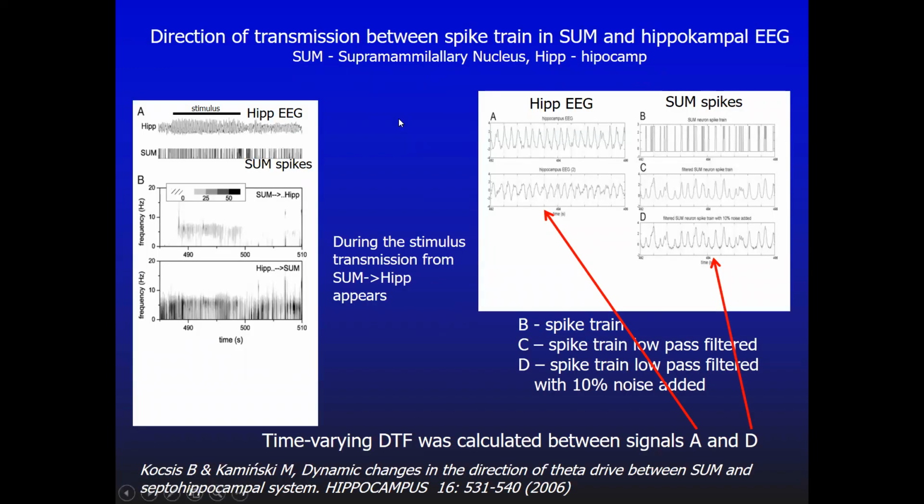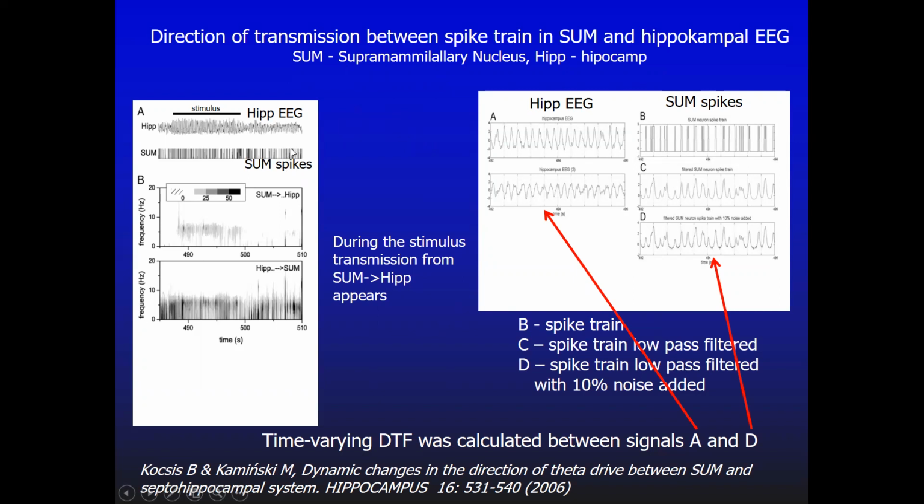So first, let's look at the direct neurotransmission, because here are the data. We have hippocampal EEG, and from the structure supramammillary nucleus, the spike train was